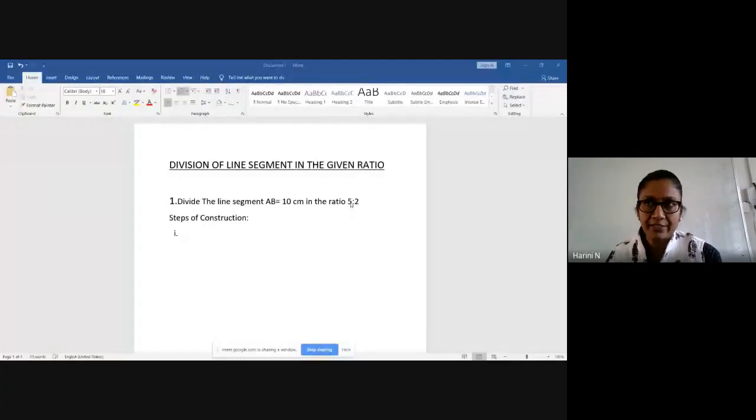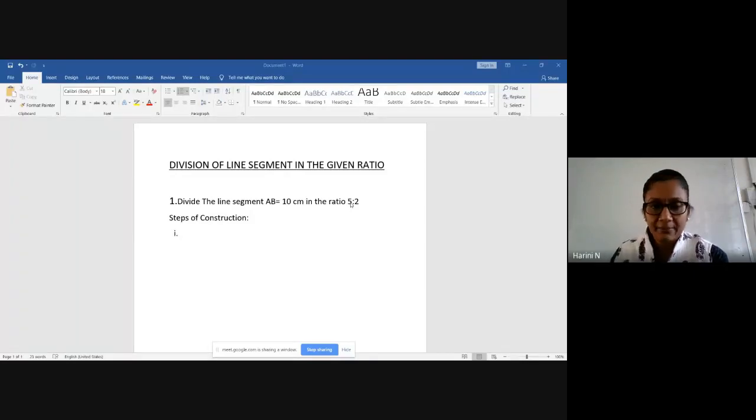Got it? Now the materials required will be your geometrical instruments, a pencil and an eraser. Got it? Now move to the left hand side, write down the problem as I have shown you. I'll just share the screen again. Are you seeing my screen? This is the problem that we are going to take up and do the construction. So write it down on the left hand side, that is the unruled side of your record.